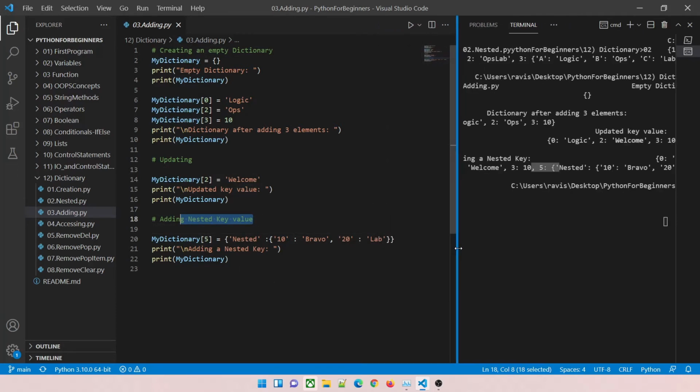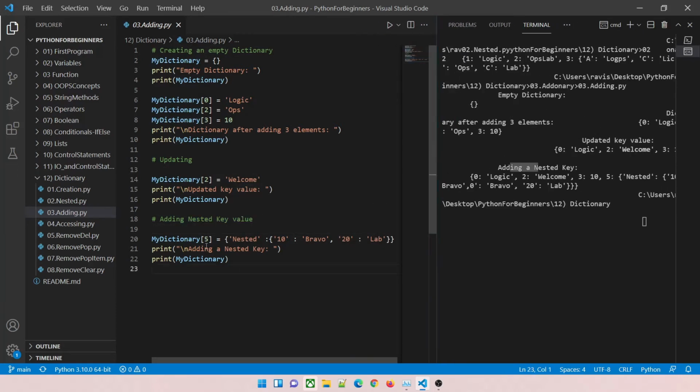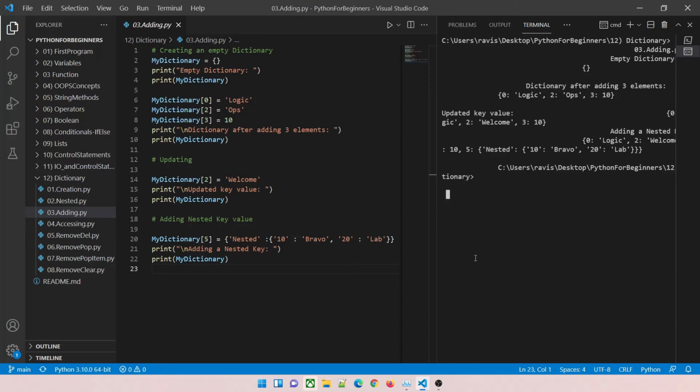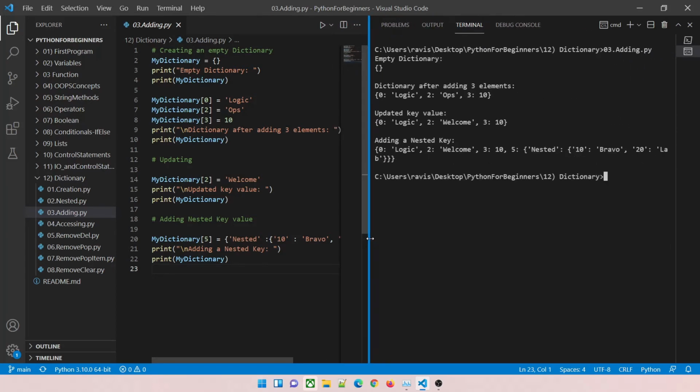Let me drag it over here and let's see how it works. Now 5 is my key, okay, and then I have to add this value. So what happens over here is, let me just clean this so that you guys can see it properly. Okay, now it's cleaned. This is program number 3. Okay, fine, perfect.